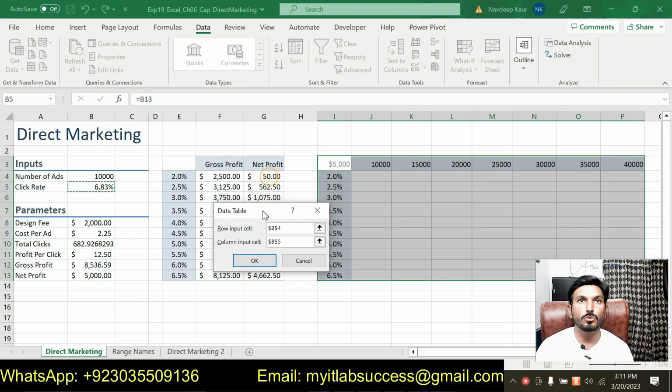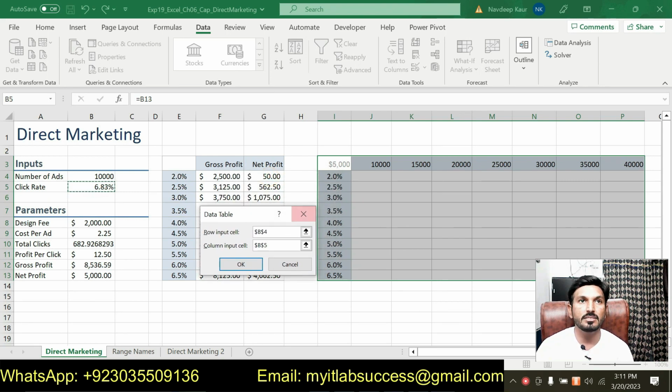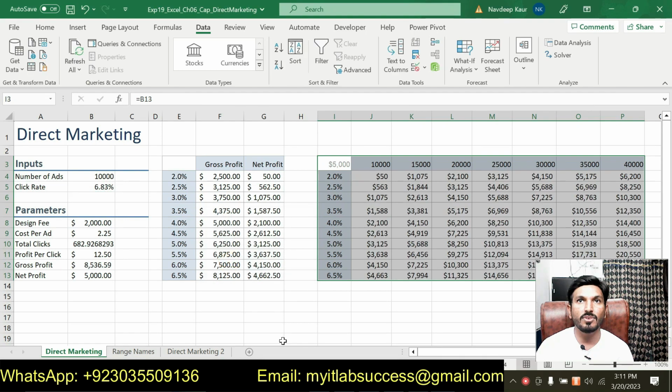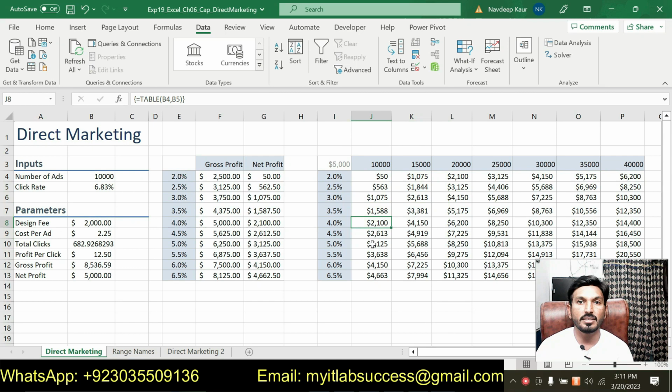So now we are going to create a data table based on two variables. First one is the number of ads and the second one is click rate. So when we click OK, we will get a data table like this one. So after that, we are supposed to